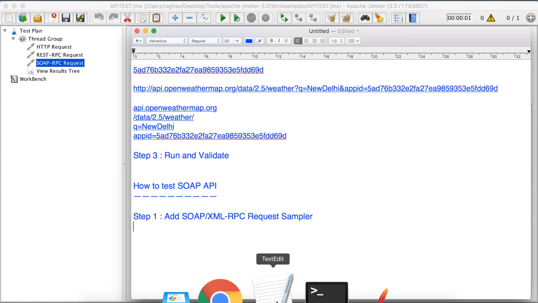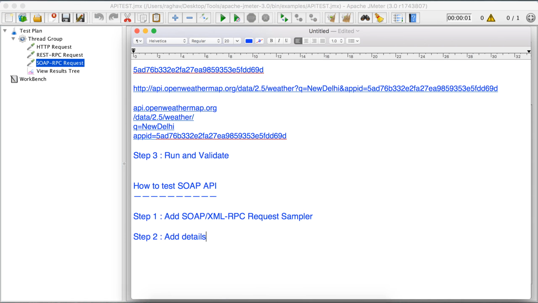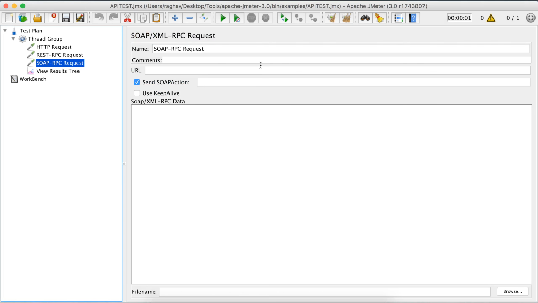Now, how to add a SOAP request? Step 2 is add details of the SOAP API request. Now again, in your case, you must be having your SOAP API which you want to test, and you can give the information of that SOAP API here.